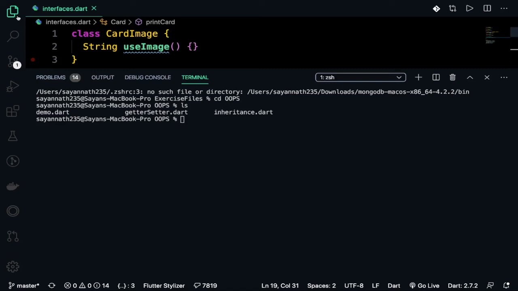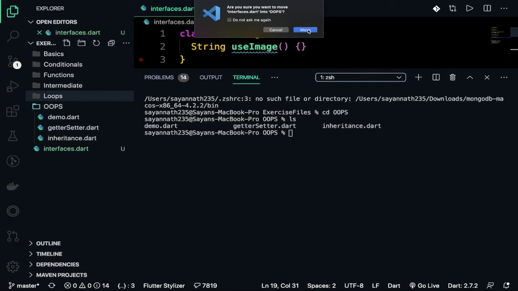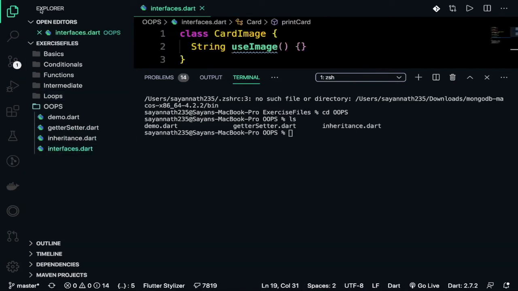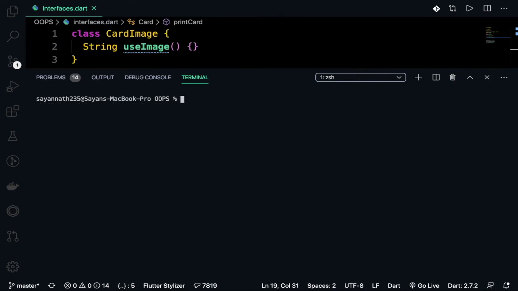I think I've created it outside by mistake. Yeah, I've created it outside, don't worry, I'm just dragging and moving it here. So make sure that you are using this in the oops folder. And then if I hit ls, you can see interfaces, then Control L to clear it, and then write dart, space, and the file name interfaces dot dart, and hit enter.